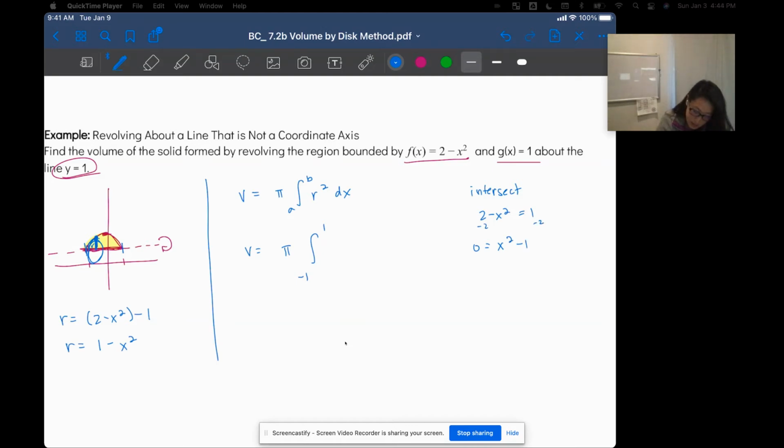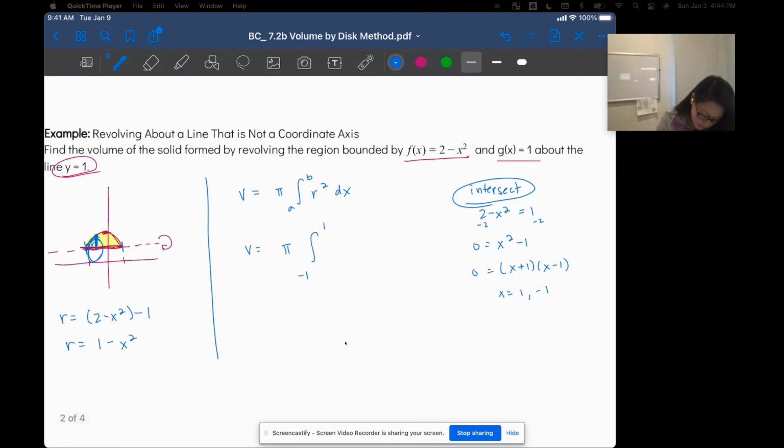And then I actually am just going to factor this. So x minus 1 times x plus 1. So the intersections are going to be at 1 and -1. So you can always solve for the intersection if you want. Okay. All right. So anyway, going back, we have pi times the integral from -1 to 1, or x equals